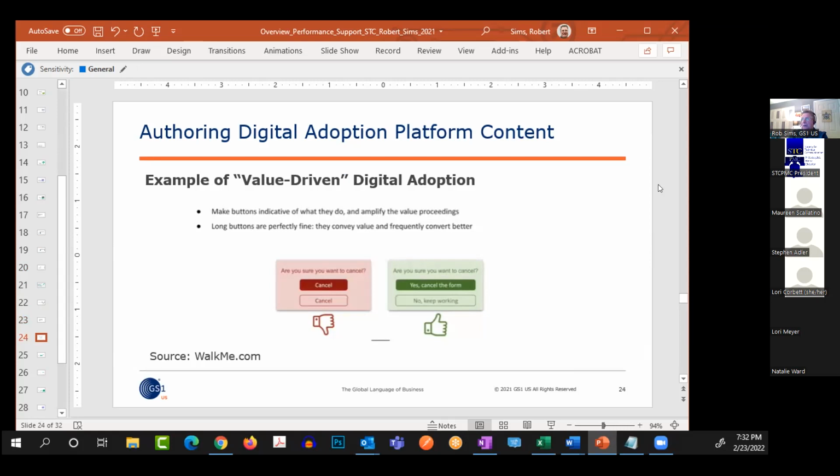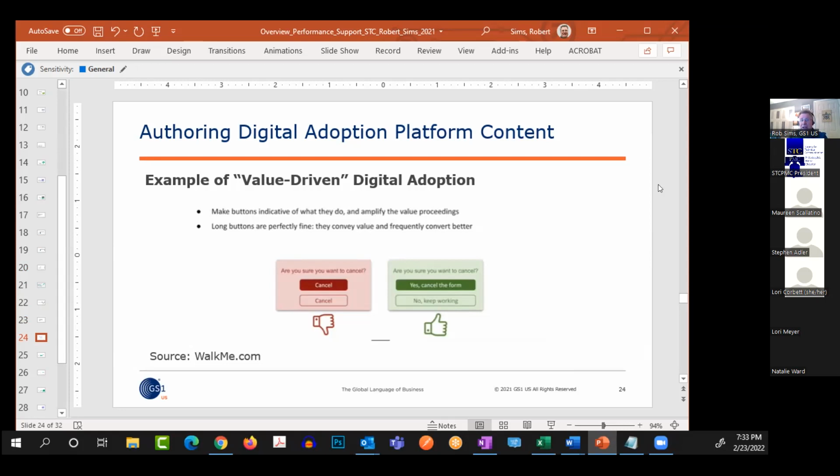And then you can see how much better they are. Are you sure you want to cancel? And then of course it says cancel, and then it's just no. Are you sure you want to cancel? And then explaining the button, yes, cancel the form. That's kind of a UX thing, just to be more explanatory. I think about that a lot when I'm writing a 10-word tip. How much can you squeeze into 10, 15 words before you have to drive somebody out to get more answers?